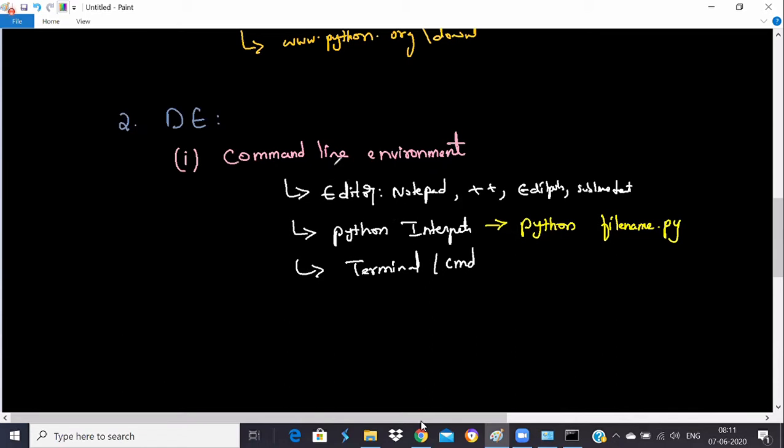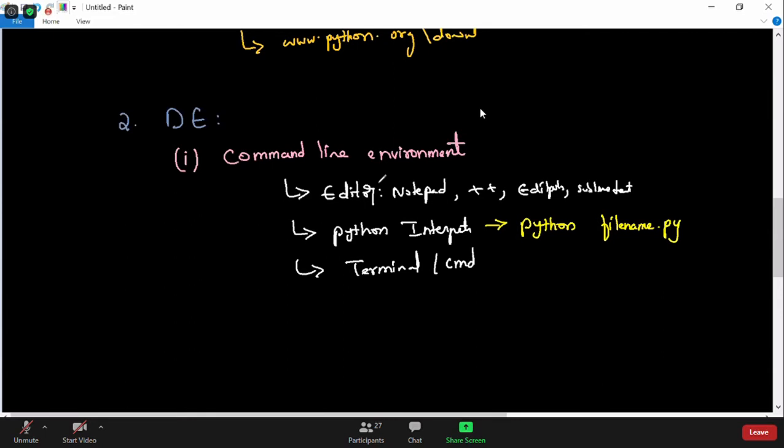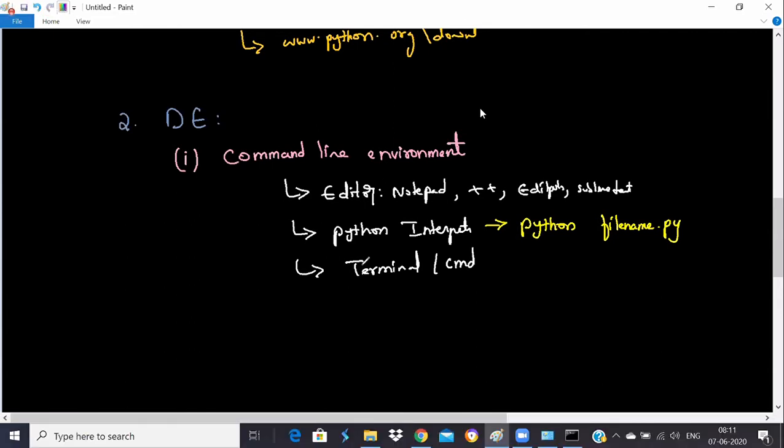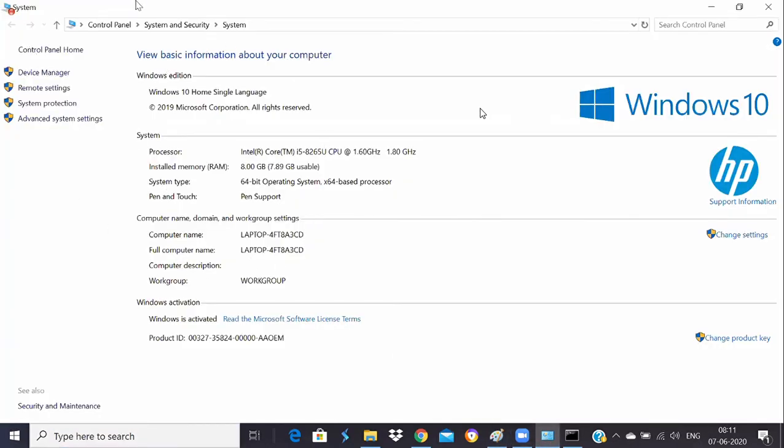Yeah, Venkat. Venkat was asking me to show how to set the variable. I thought of showing you at the end, guys, but now let us see how to set the variable. If you are facing any problem in running Python, most of the time the problem is with setting the variable. As I already told you, we navigate to this particular location, right? We went to control panel by right clicking on properties of your computer.